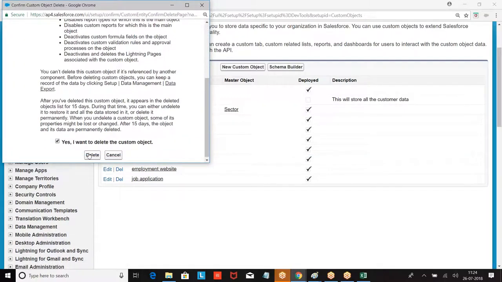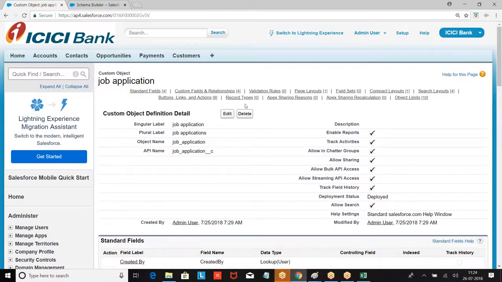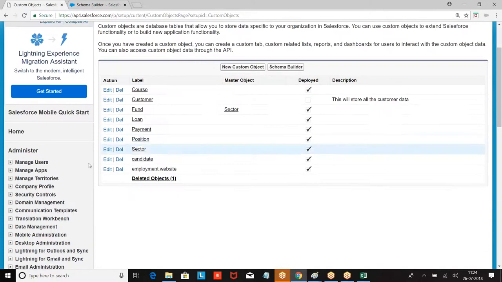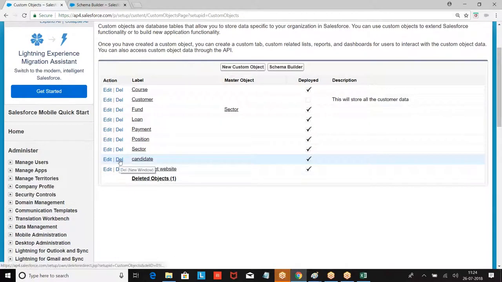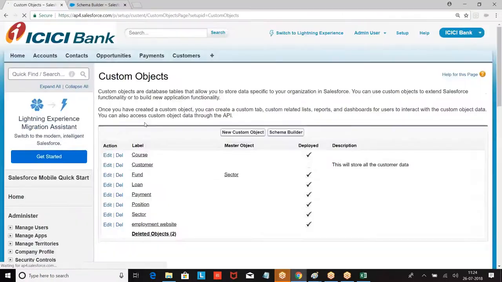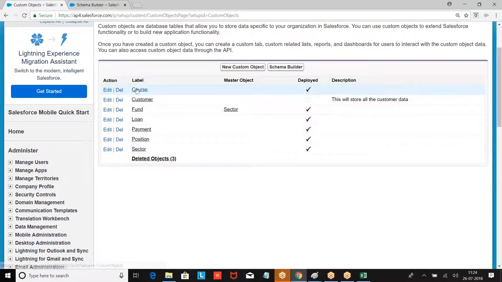Right. Let us go to this. At least create with the proper terminology. Course, customer, fund, loan, payment, position, sector.